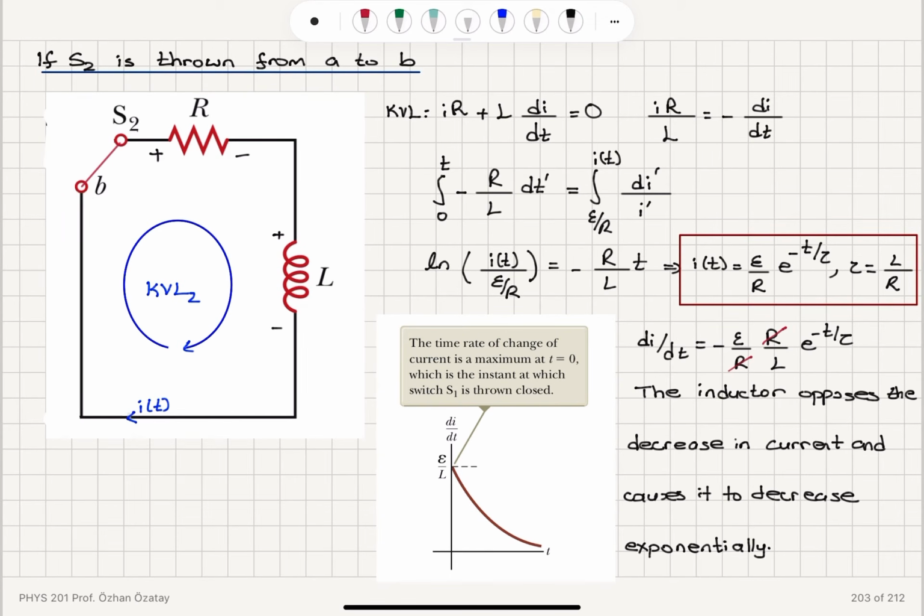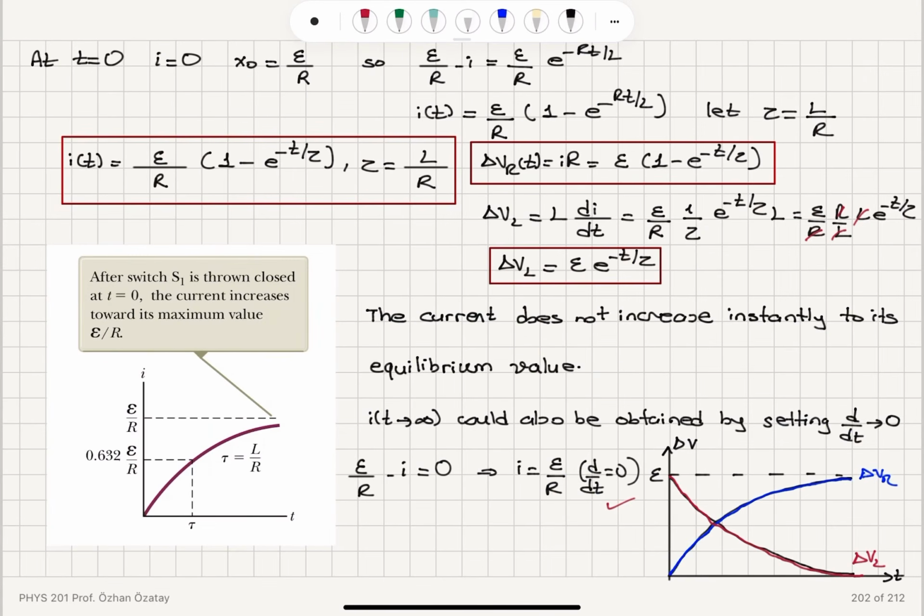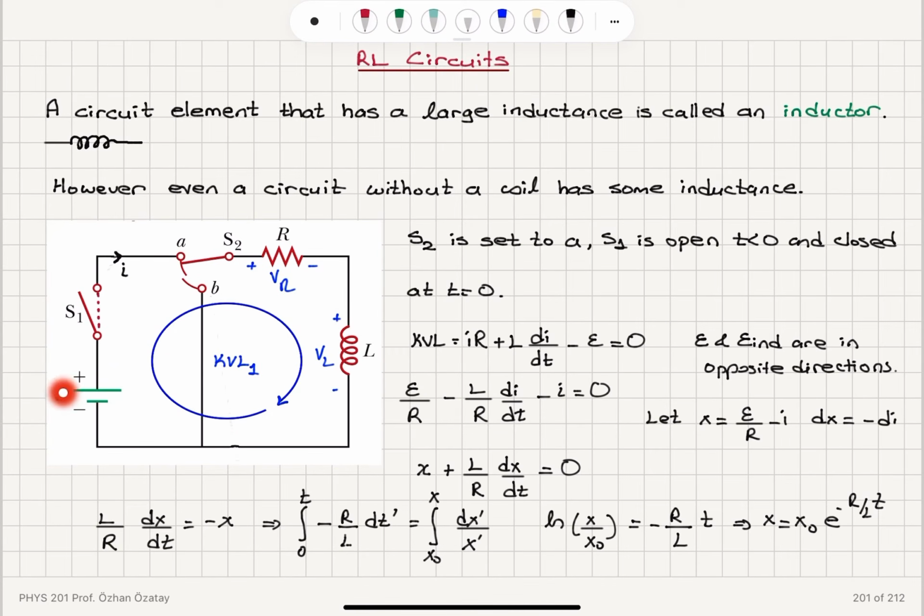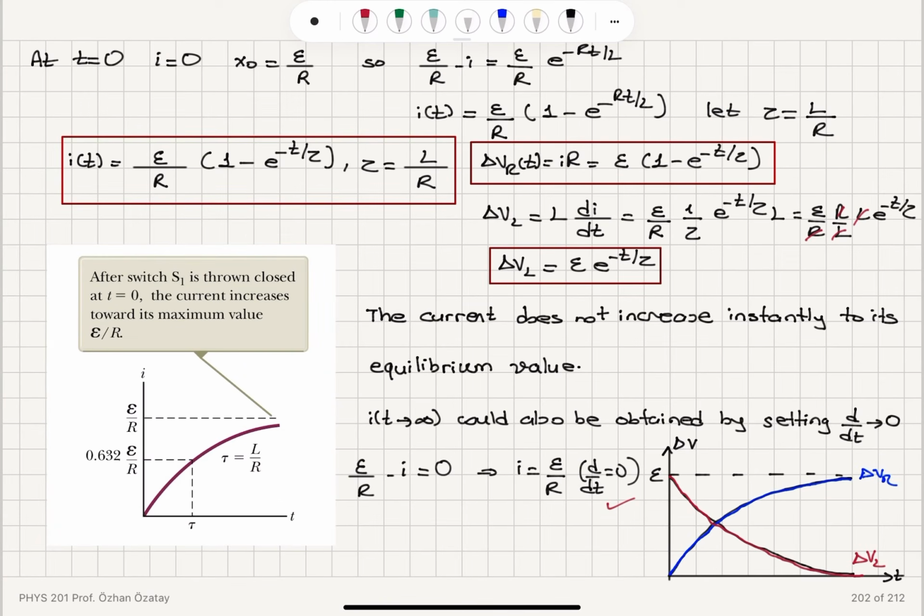Okay, so we have finished our discussion of the RL circuit. First, it was connected to the battery with electromotive force epsilon. We found that the current asymptotically approaches epsilon over R, and the voltage across the resistor increases to epsilon over R. The voltage across the inductor decreases to 0. Initially at t equals 0, it's epsilon, and the time constant of the circuit is L over